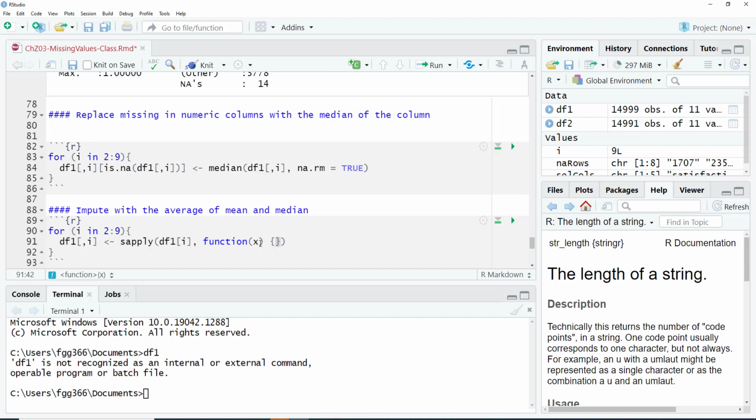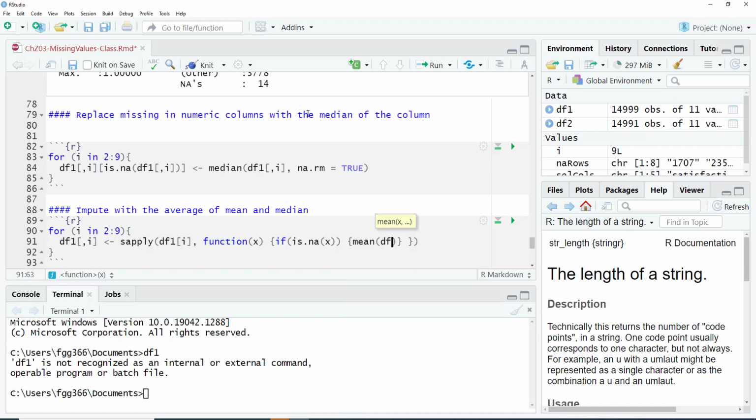So now we can test is.na(x). That's the condition. Now we have the code to execute if the condition is true, and then the code for condition not true. Suppose we want to use mean or median, we can do that here too.